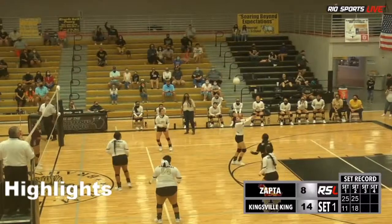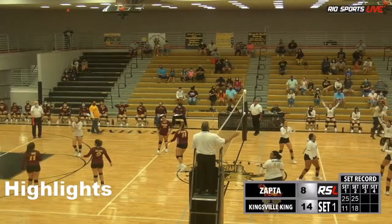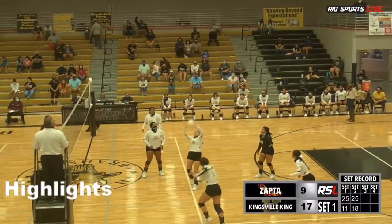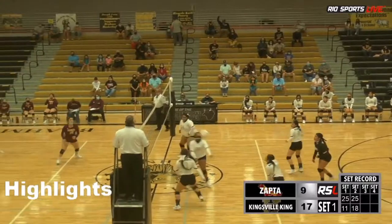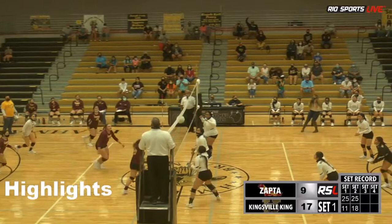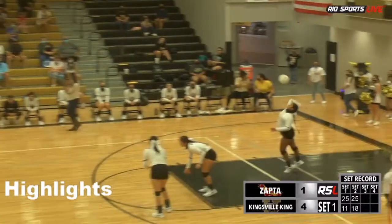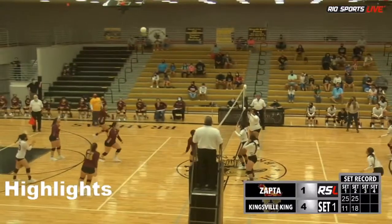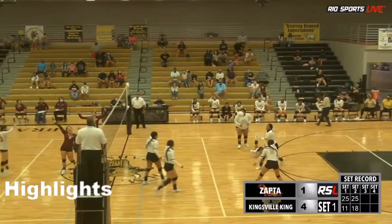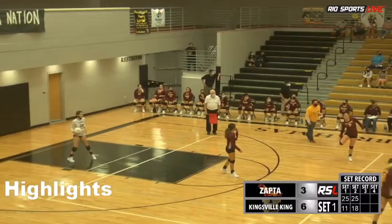And that's controlled there. Sent over by the libero Mia Gonzalez. And she's going to pick up the point. Wells two hands in the middle of the net. Controlled by Lady Bramos. Here's the setup. And here's Aldelia Lopez who gets it sent back. But that's a clutch play by the libero Mia Gonzalez. Here's the setup for Wells, and Wells